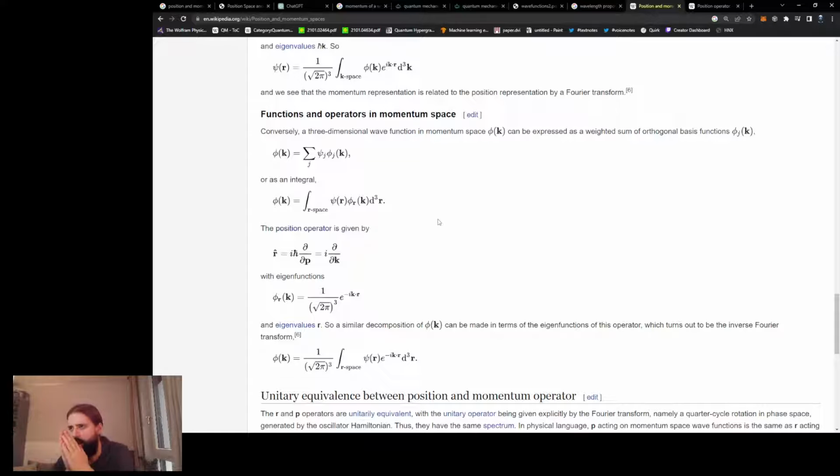So we're saying the eigenfunctions of this position operator, essentially, if we take the wave function of position and we multiply it by each of the eigenfunctions of the position operator,